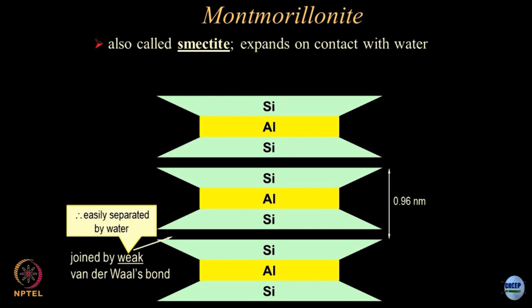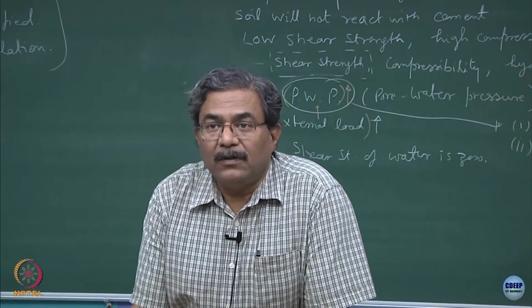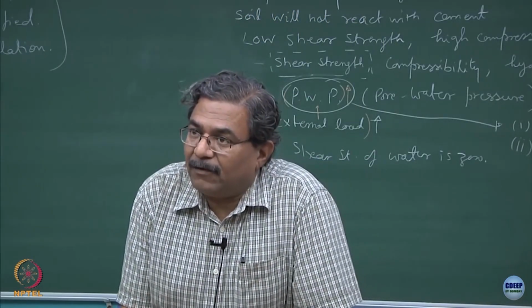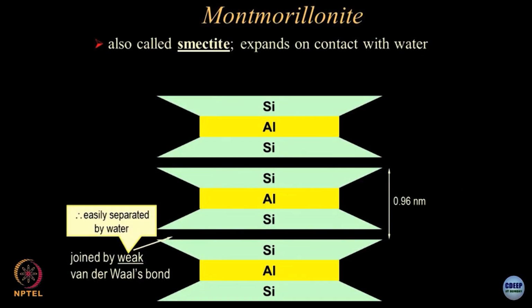Any building which is sitting on the black cotton soil deposits, montmorillonitic soils, is bound to get distress, crack, foundations will fail. And the reason is, this is silica alumina silica combination, and in between the platelets you will have water, and this water is weakly attached because of van der Waals forces. So, I hope you remember from your 10+2 chemistry, hydrogen bond is much stronger than van der Waals force, correct. So, this is how it goes. So, the more strength and the more stability comes because of the weak bonds as compared to the kaolinitic material.